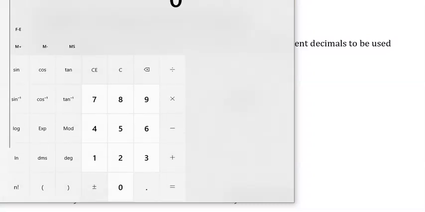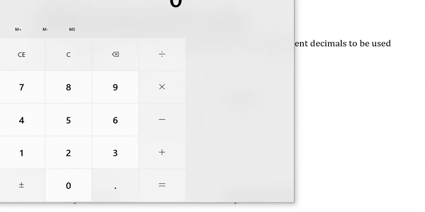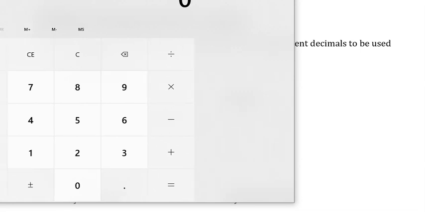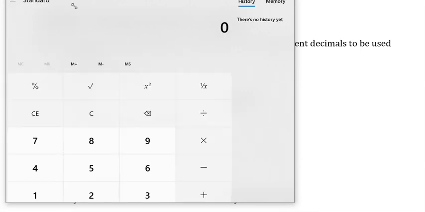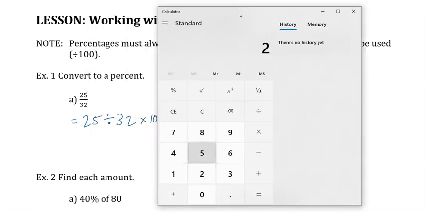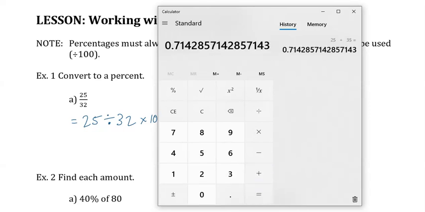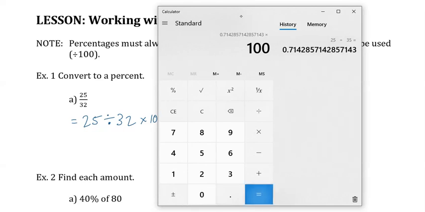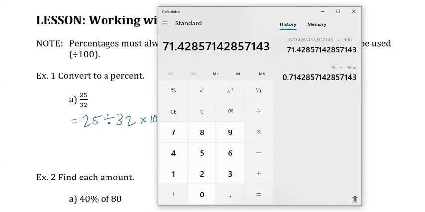Okay, so let me get a smaller calculator here. Oh, it's too big. So this one is 25 divided by 32. So this gives me the decimal. But then when I multiply it by 100, and depending on what you're rounding to, this looks like 71% or